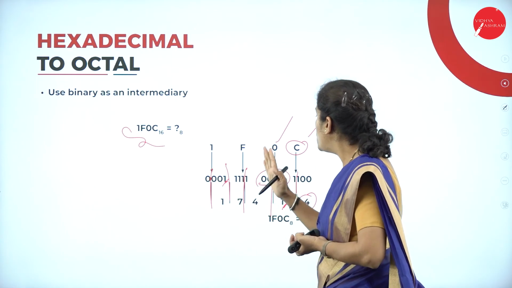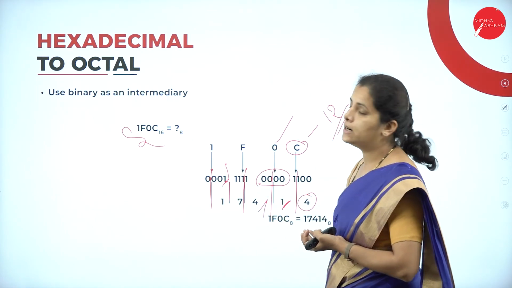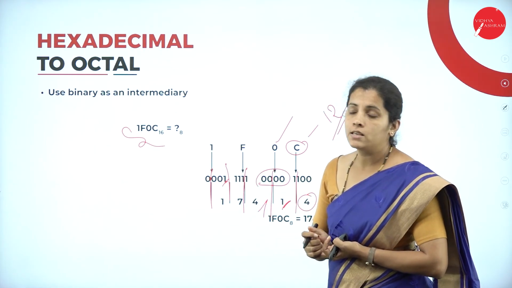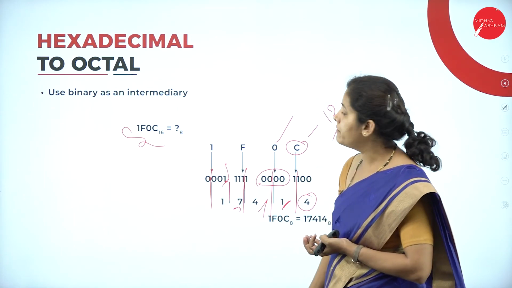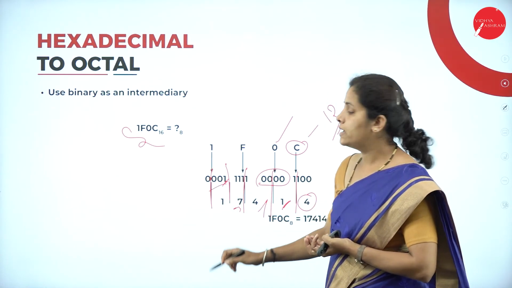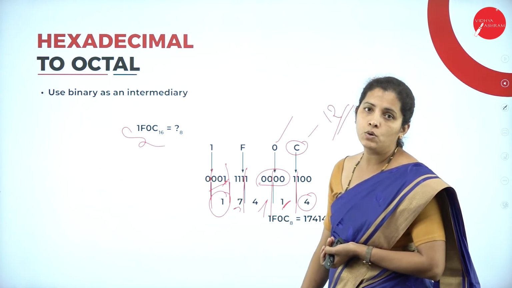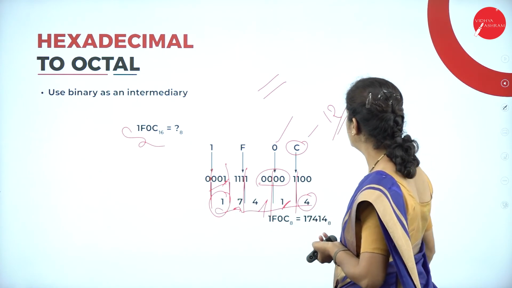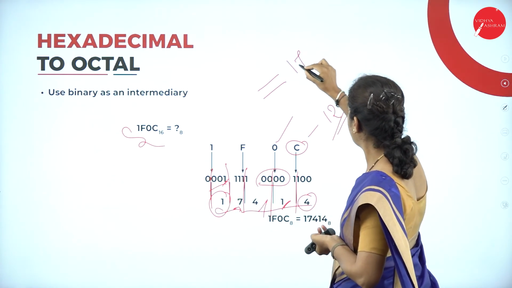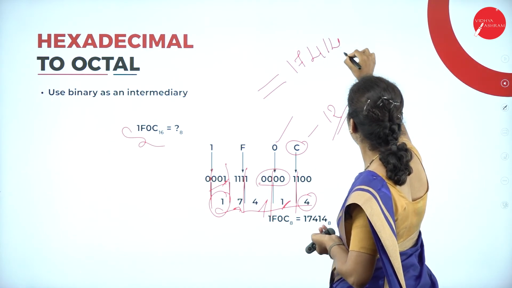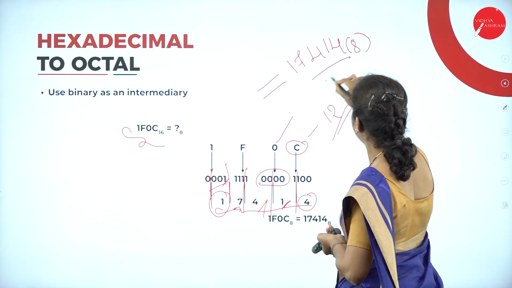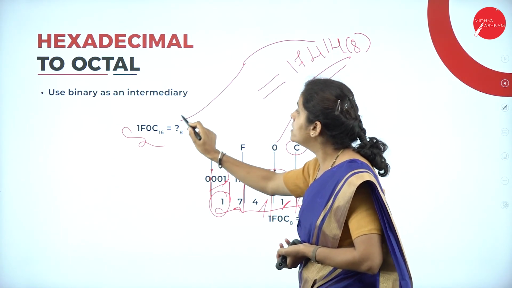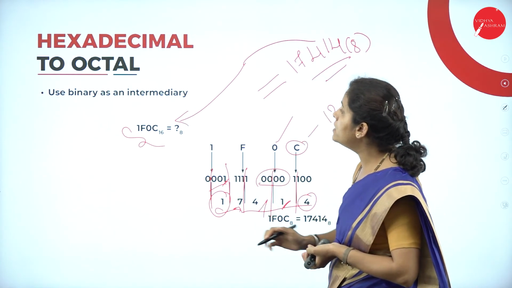If I have 100, what's the octal value? It is 4. Then if I have 3 ones, then I have octal number 7. If I have 1, then I have octal value 1. At the end, I'm going to combine all these values together. So 17414 of 8. That means this is the octal representation of the given hexadecimal number